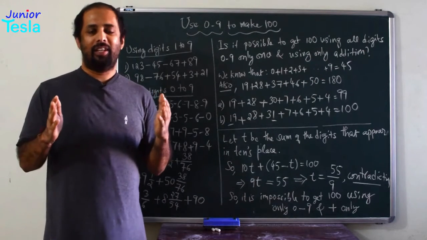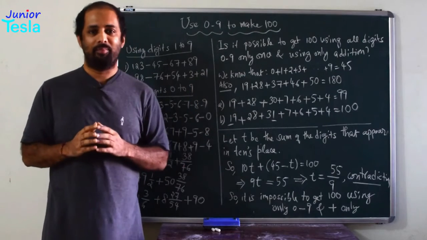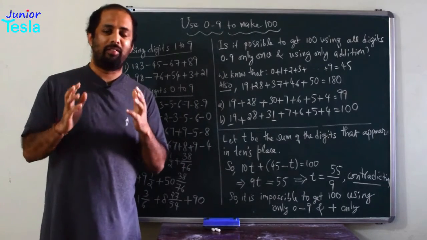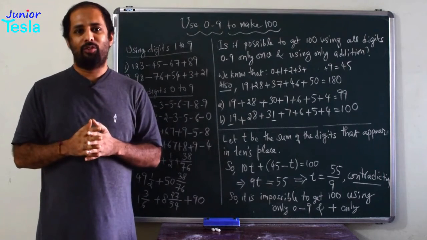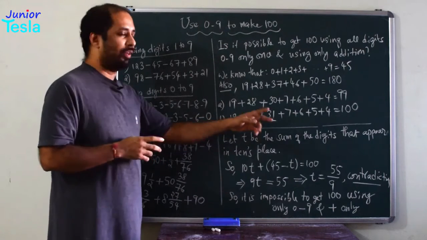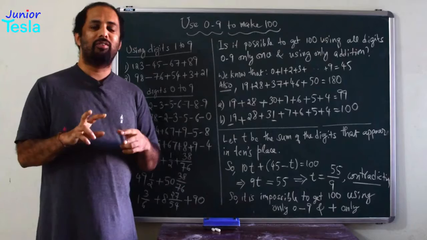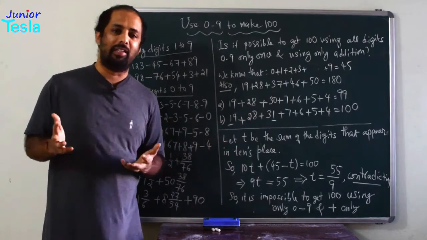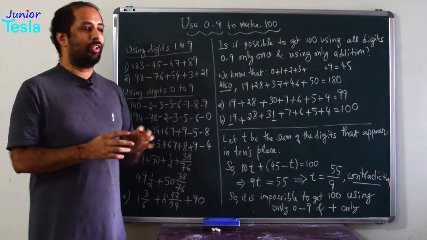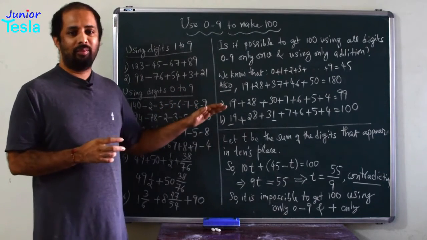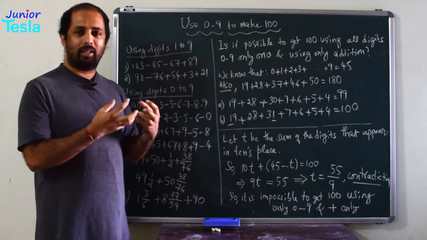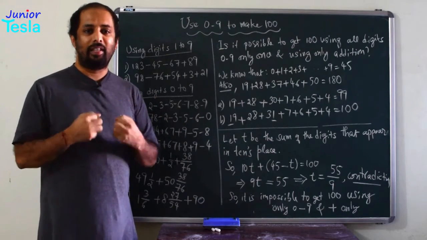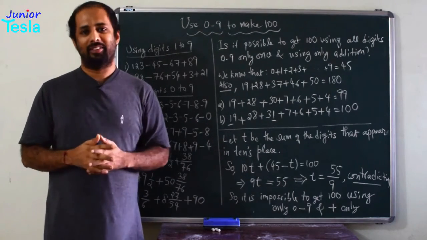and that is why we can say we don't have such an expression that gives 100 as the sum and uses digits 0 to 9 only once and with only one basic operation, addition. So either you have to use some of the digits twice, or you have to use some other operation other than addition, like subtraction, multiplication, something else along with addition. But with only one basic operation, addition, and with the constraint that all the digits must be used only once, it is impossible to write a series that gives the total 100.